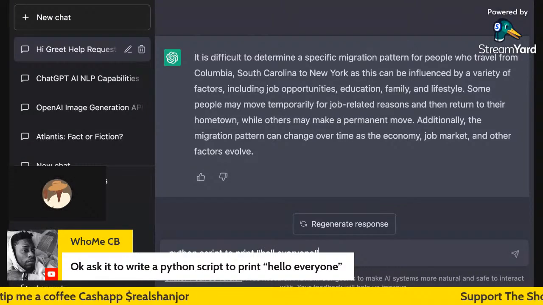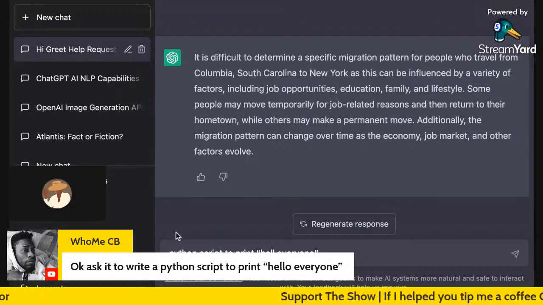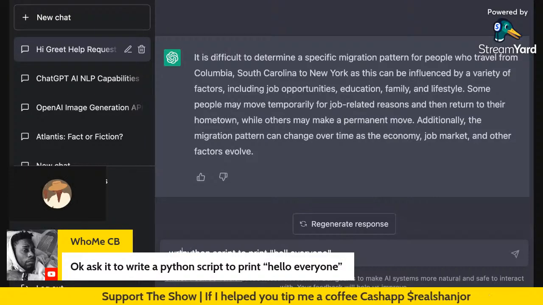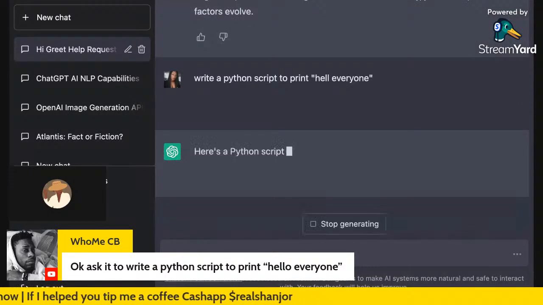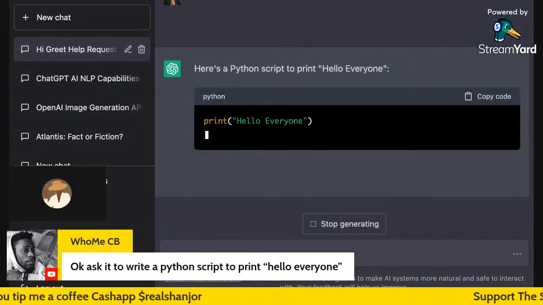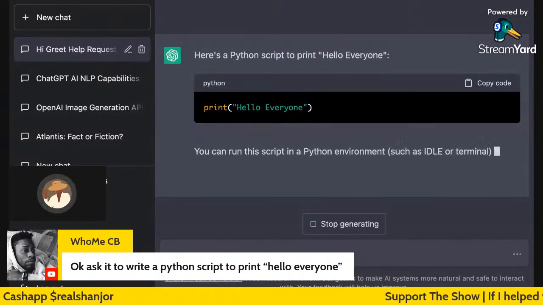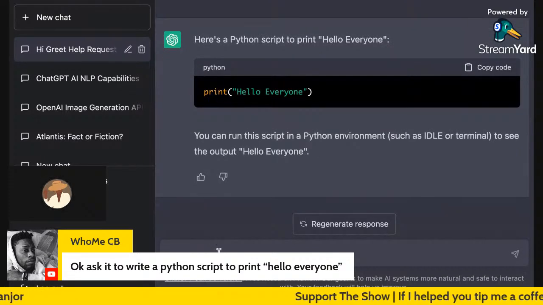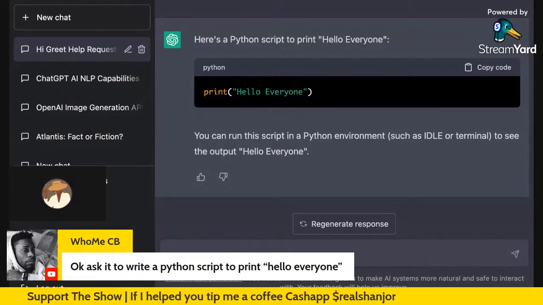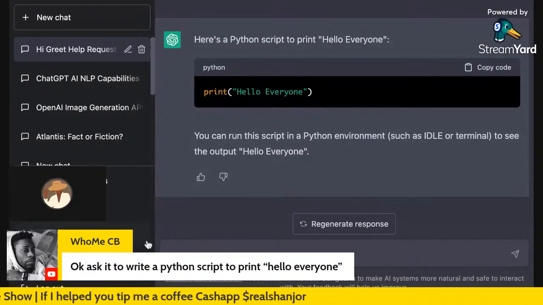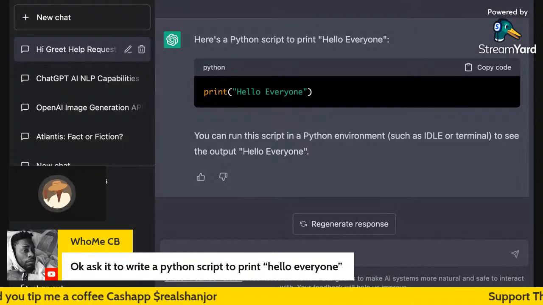Okay, let's try it. Did I put "hello everyone"? Oh, it fixed it for me. It says you can run this script in a Python environment, such as IDLE or terminal, to see the output "Hello everyone."